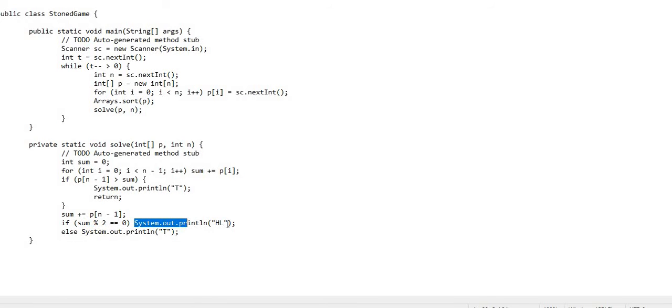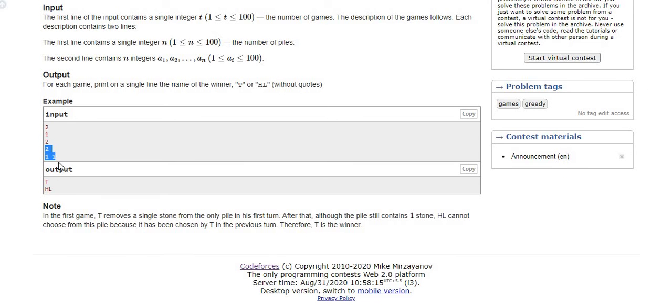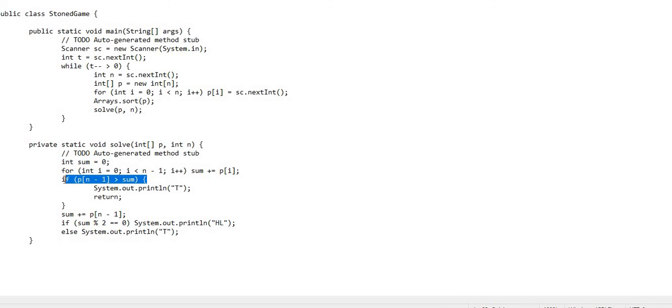If it is even, then definitely HL will be the winner, else T will be the winner. Consider the second example: the sum is 1 and the last element is again 1, so 1 is not greater than 1, and it doesn't go inside this if condition. Then the last element gets added back to the sum, so the sum becomes 2.